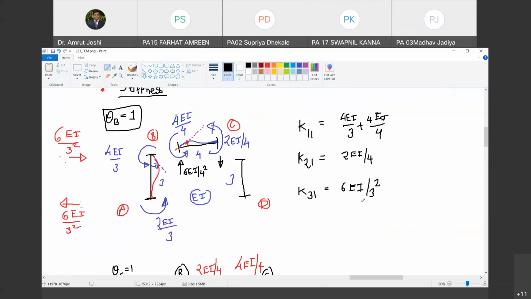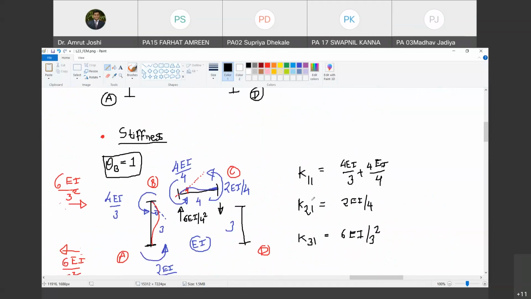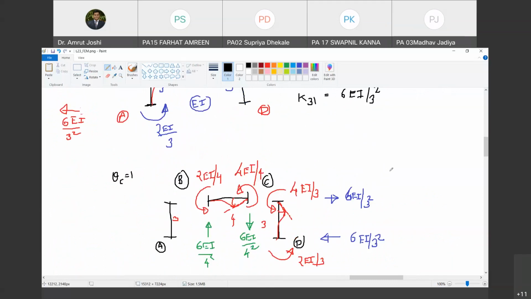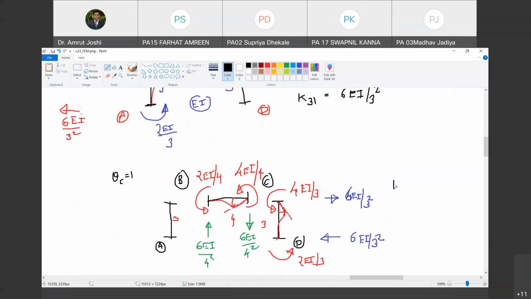Now from this, the first thing that we're going to write down is K12. Are you with K12? Sir, K21, no? No, K21 is over. Look. Yes, sir. So we are going to write down K12, but K12 has to be the same as K21. So we will not write that. So we will start with K22. Are you with me? Yes, sir.